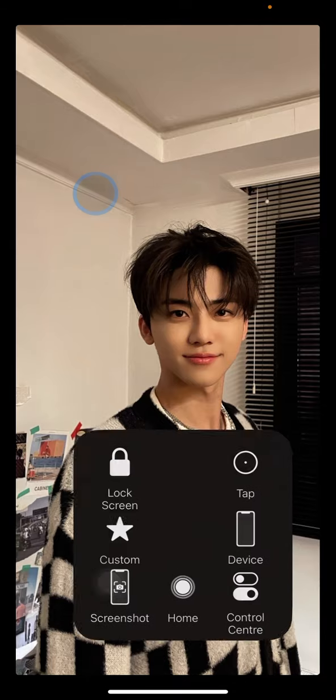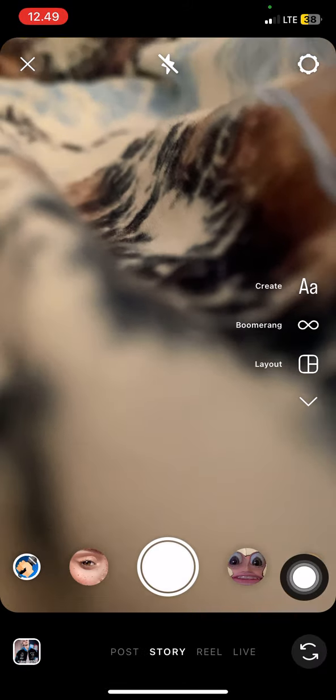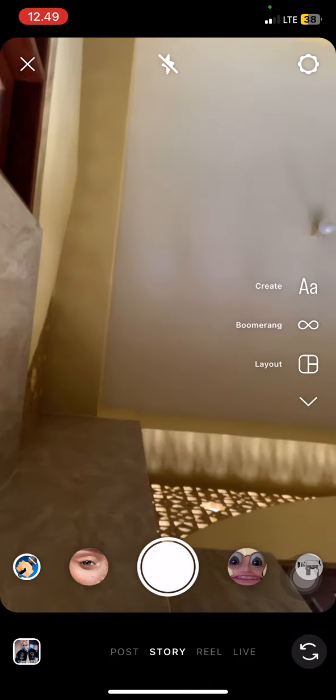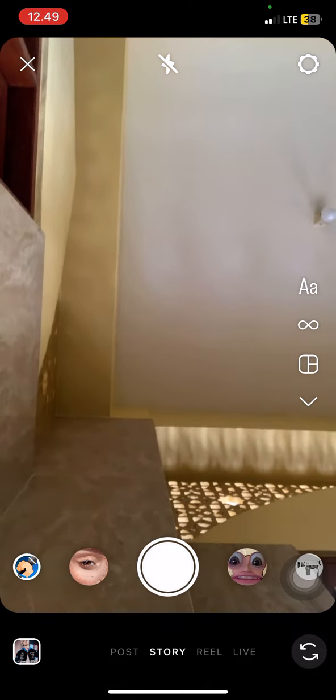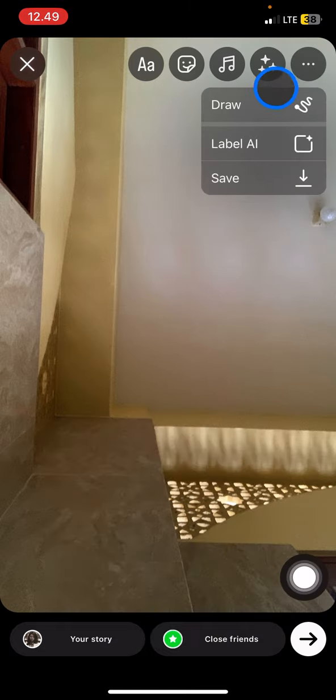Next, you just need to go back to your home screen, open your Instagram application, wait until it's perfectly open, and then swipe to the right side until you get the Instagram story camera here. Then you just need to capture a picture randomly and tap on the three small dots, click draw,